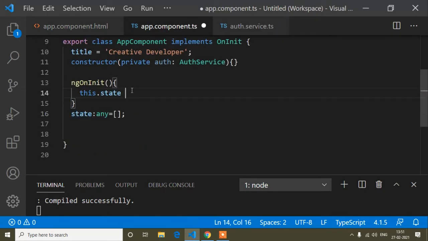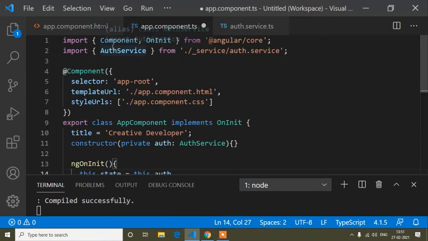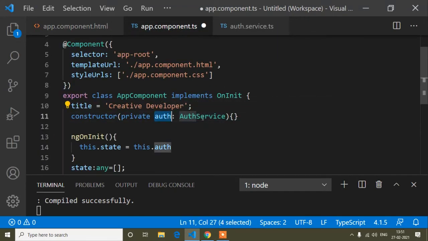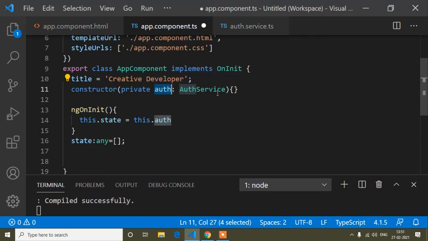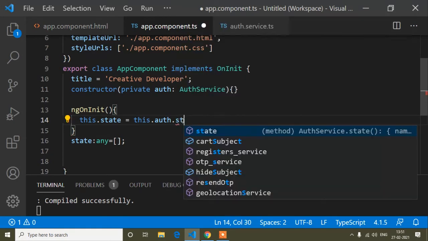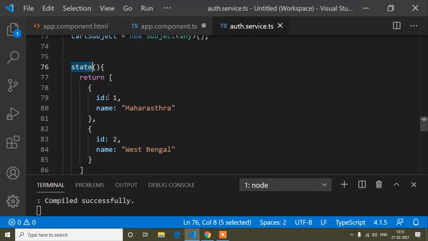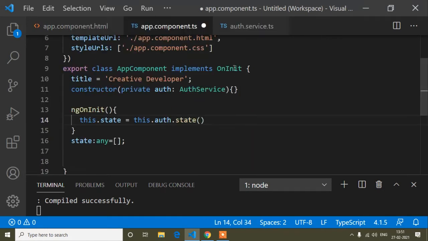For that, equals to this.auth. Why auth? I already told you I imported this auth service here, and I made this auth variable of type auth service. So this.auth.state is our method, and this method I created in our service.